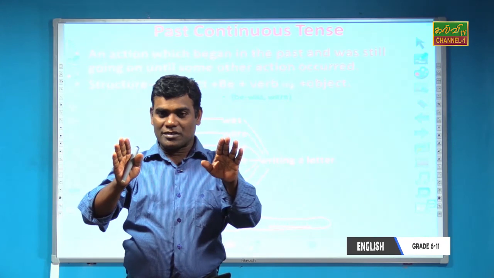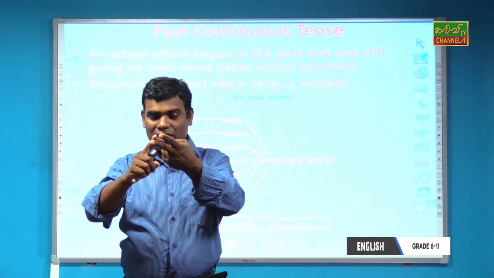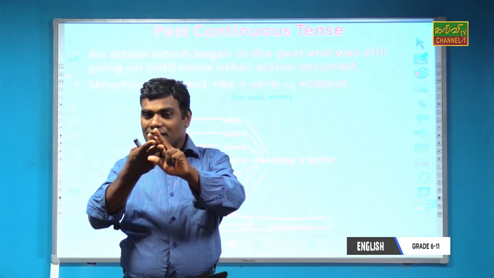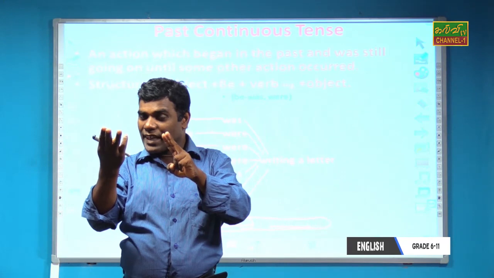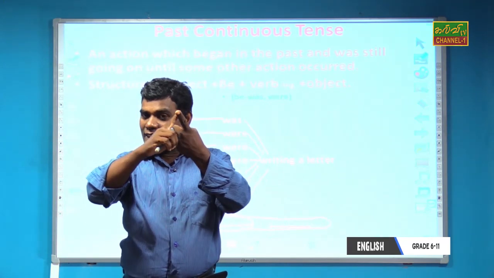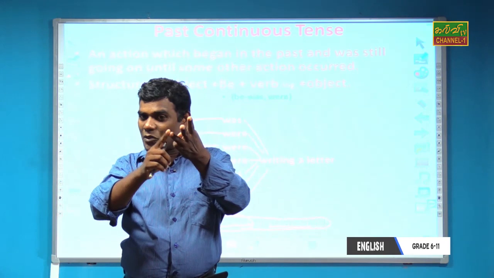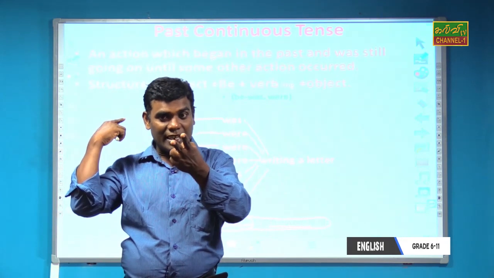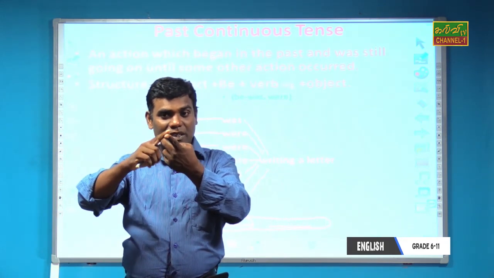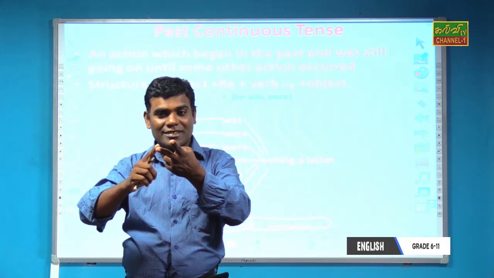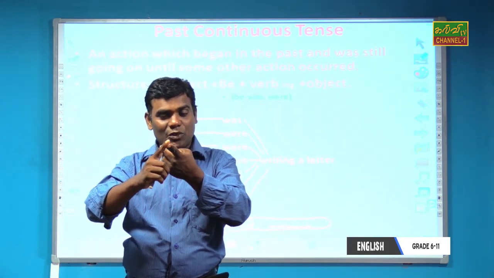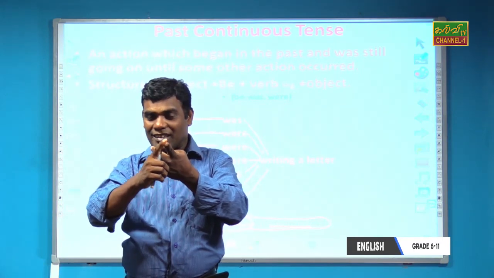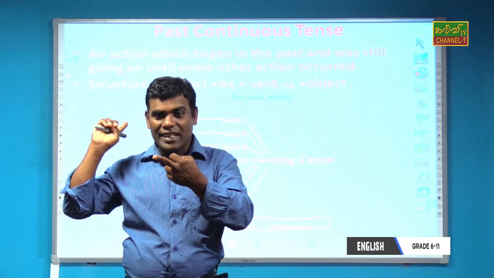I come to the point, the conclusion. There are three continuous tenses available: first present continuous, then past continuous and future continuous. I did not touch the future continuous, but I have explained and given the idea of present continuous and past continuous. In the present continuous, you know well, you can write it. That is a simple thing, a childhood activity. And past continuous is also easy.